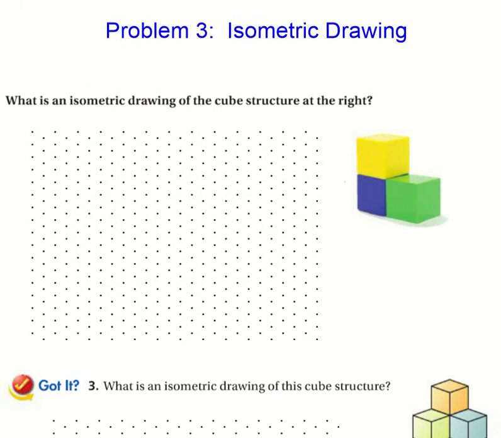And so what I'd like you to do now is, here we have this cube, and let's actually draw these three cubes. Let's draw them in isometric dot paper. So I'm going to say that the cube is about 3 dots high. So we're going to go 1, 2, 3, and there were 2 cubes, so 1, 2, 3. And then it goes out 3, so we're going to go out 3. 1, 2, 3, and then that would be